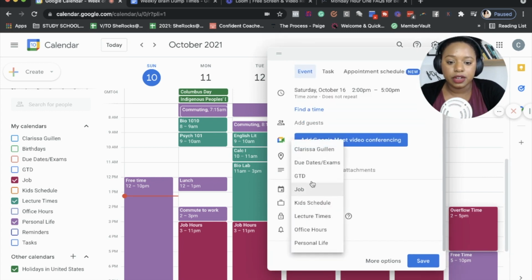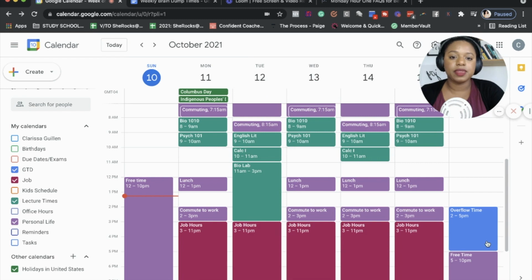I'm going to put this under getting things done. Okay. The goal is to not have to use this time, because I'm going to honor my word to myself and honor my calendar and do what I said that I was going to do on the date and time I said I was going to do it. Okay. This is just